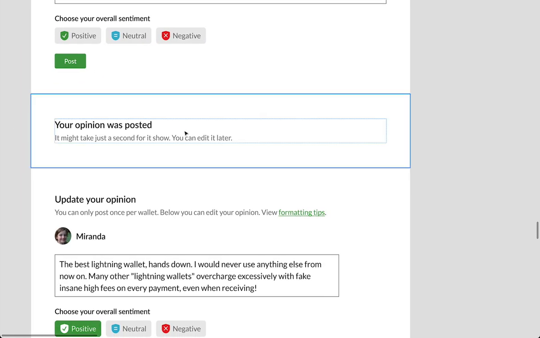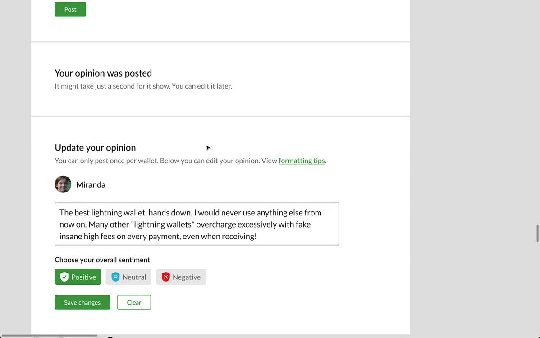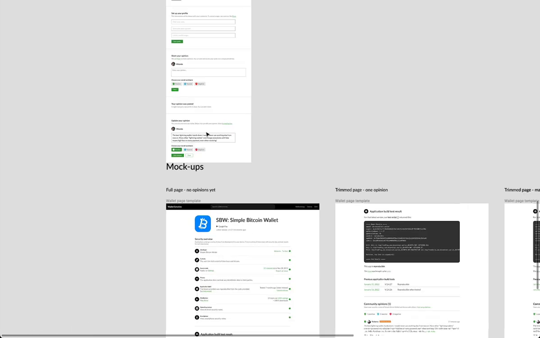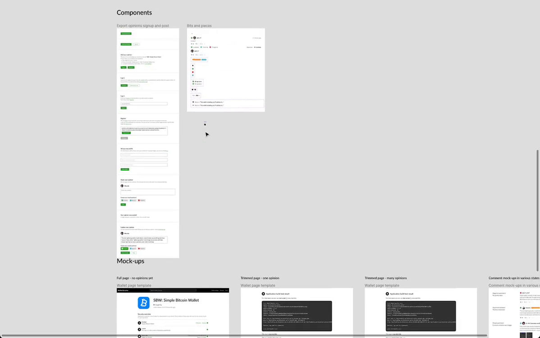Then the opinion was posted, and then ideally it instantly just pops in exactly where the user was seeing this form. So they instantly get that feedback, or at least have a loading state until it was seen and confirmed by any relays. And then you can update your opinion, make changes, and that's kind of it. Okay, so I think this